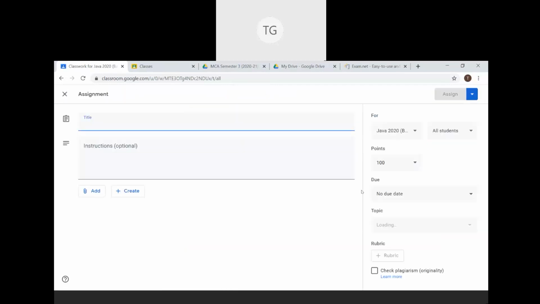in a G Suite account, we had options only till here, that is to add a rubric, right? This G Suite account also helps me get plagiarism or originality reports. I can also ask the students to submit their plagiarism reports. So whenever a student will turn in an assignment in this section, a plagiarism report or an originality report will be automatically generated and it will be submitted, showing how much the assignment is plagiarized, right? So this is another feature with the G Suite account which is not available with your personal email IDs.